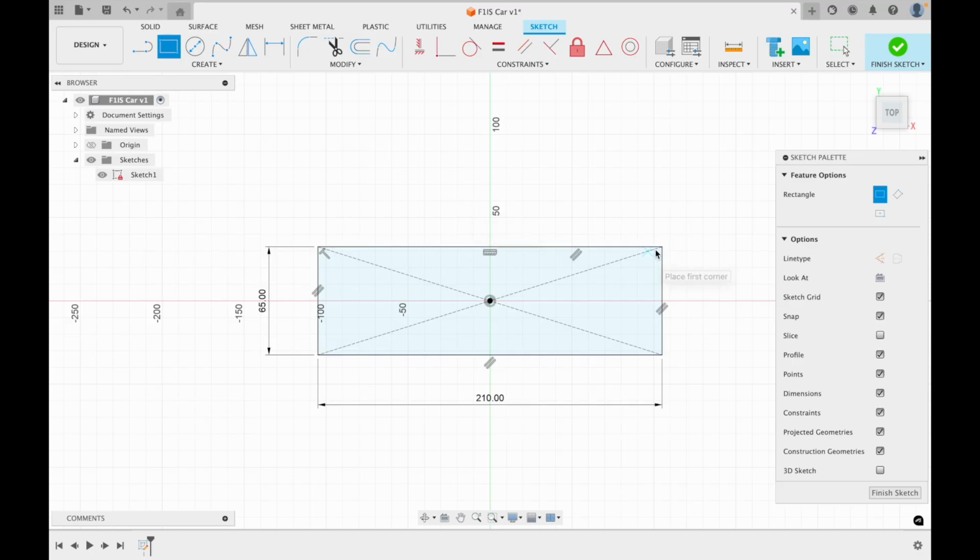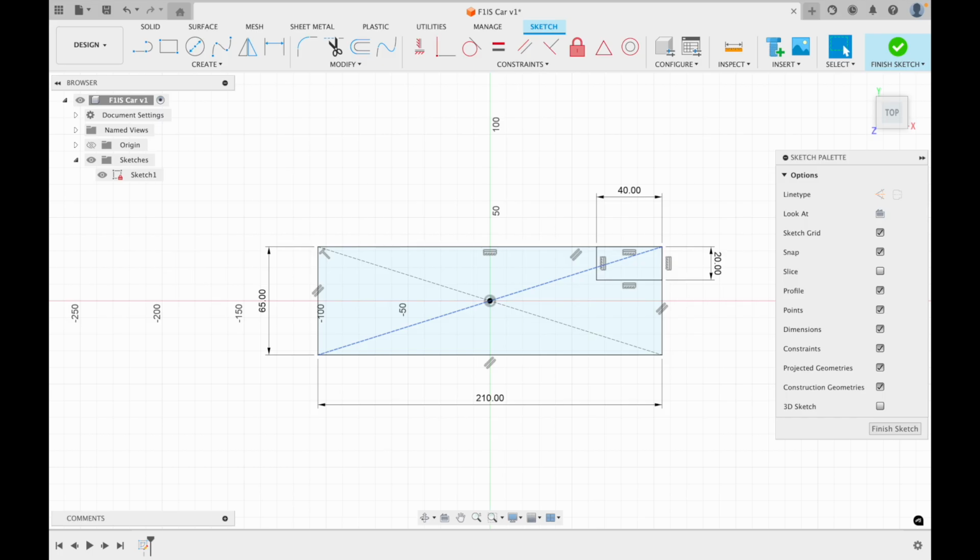And for the back wheels, I'm going to start in this corner, and then I could, again, just kind of estimate or guess how big it is, but I'm going to use numbers to type in the correct size. So I'm going to go for 20 millimeters this way, and then a length of 40 millimeters. And enter to confirm, and that's where I'm going to cut out my wheels. Now you'll see this is still here. I'm going to delete that in a little bit,